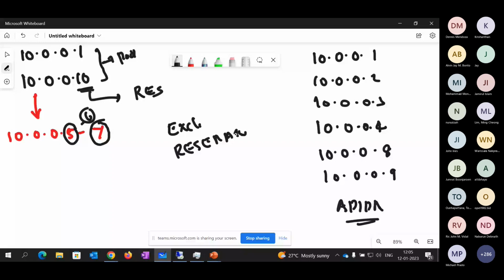Now, if you consider DHCP here, along with your IP address, the moment you have a DORA process, we understood DHCP allots an IP address and a subnet mask. But